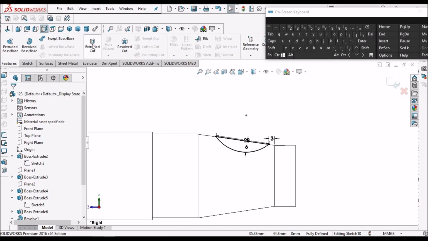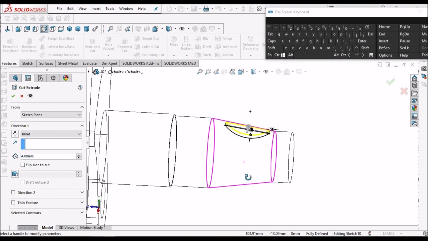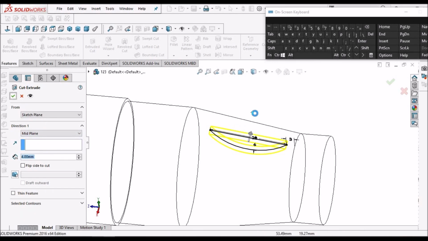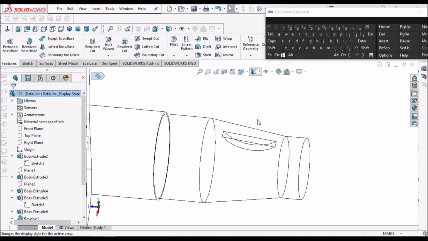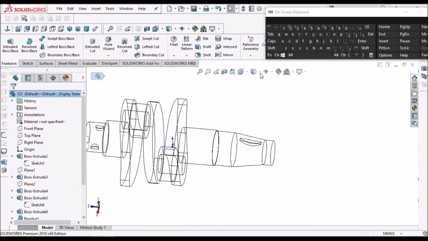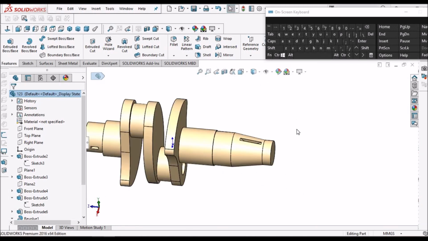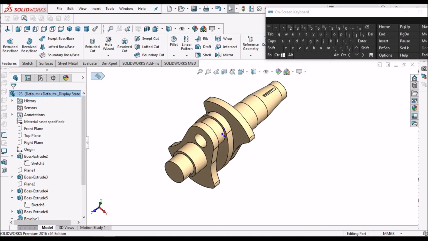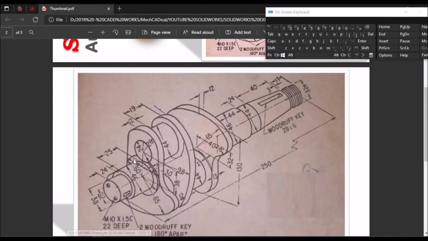Go to cut feature, cut extrude, mid plane, say okay. So this is done. There is a small feature pending. See this circle, it is 1 mm.